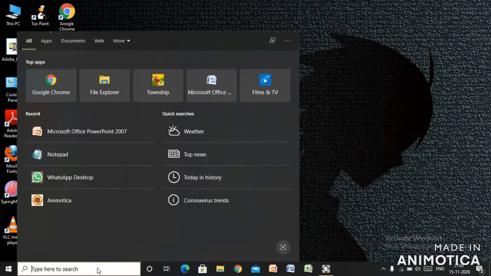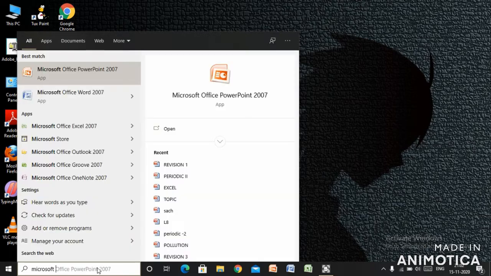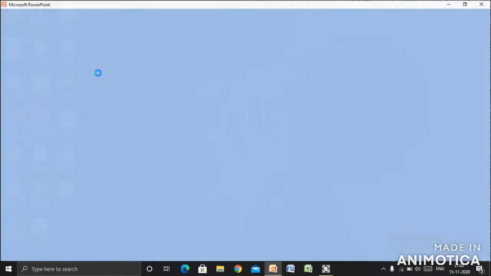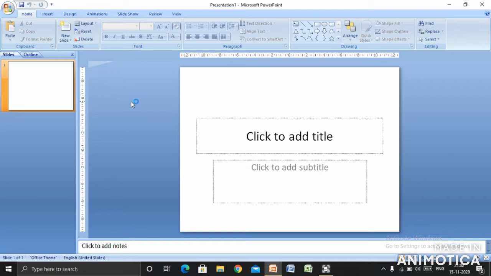Now you can see the Microsoft Office PowerPoint option has come before you. Like I'm writing here Microsoft PowerPoint, and Microsoft PowerPoint 2007 has come. You simply click on this, and the Microsoft PowerPoint window has opened before you. This was how to start Microsoft PowerPoint 2007.